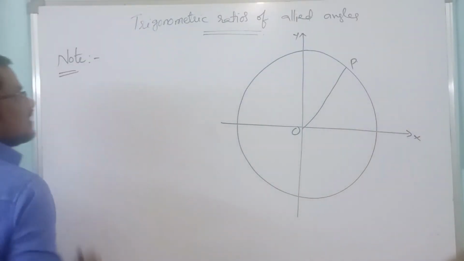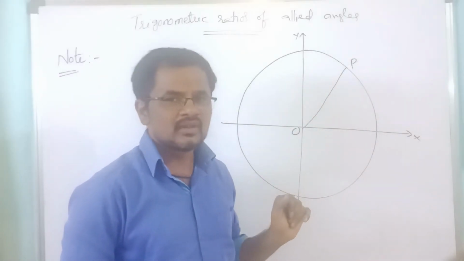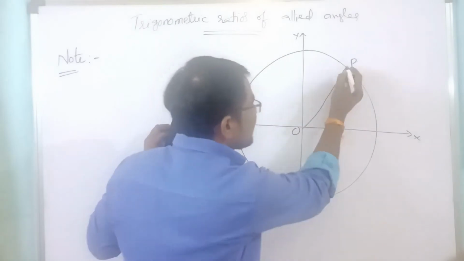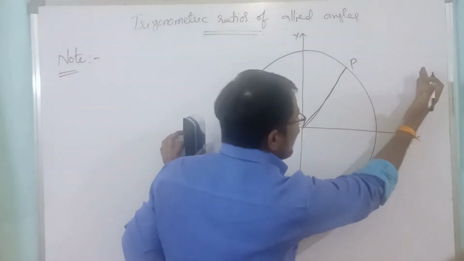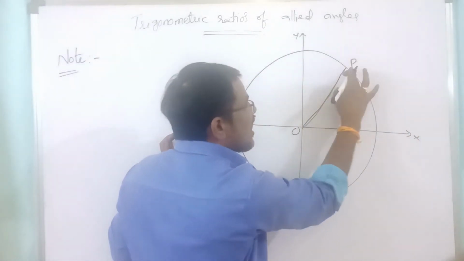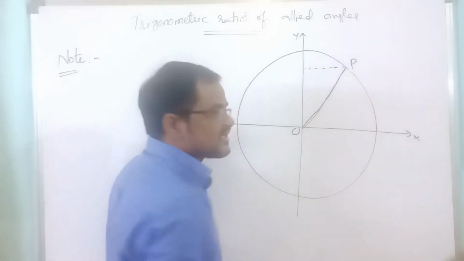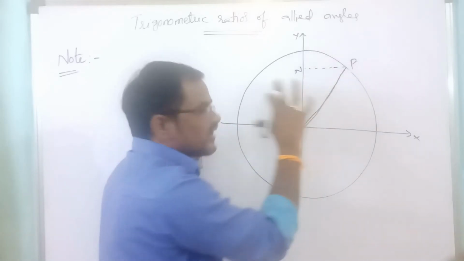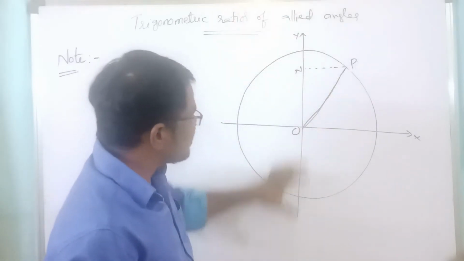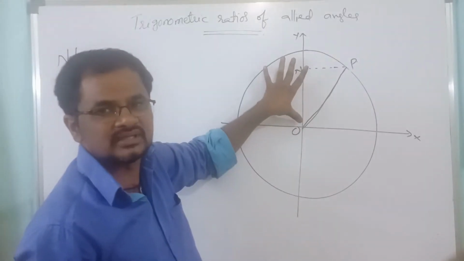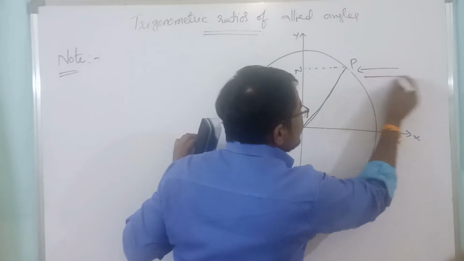See, suppose light is here, there is no right angle triangle. Suppose light falls, and you treat this radius OP as a plate. When the light falls on this plate, the shadow of this plate OP is exactly on what? The Y axis with the length ON, right? Here the light focus will be there, but here the shadow of this plate will be there, with the length of ON. So how to define this one?